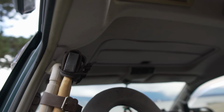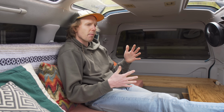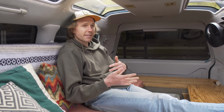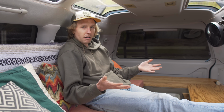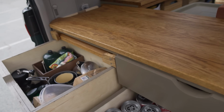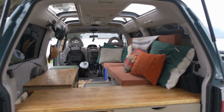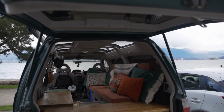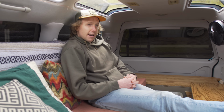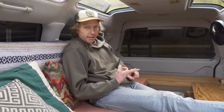I think if you were to ask more van life veterans, whatever you want to call them, they would all agree that the ability to go as far as you can is starting to become more and more important, because more people are doing the van life thing. Parking lots are becoming more crowded with other vans. The police are starting to crack down more and more. So the ability to just go into the bush and camp next to a couple of trees where there's nobody for miles and miles is starting to become more needed. And so I had two options for this: